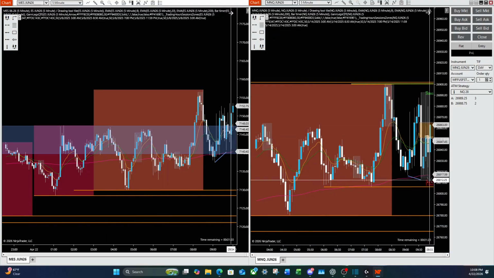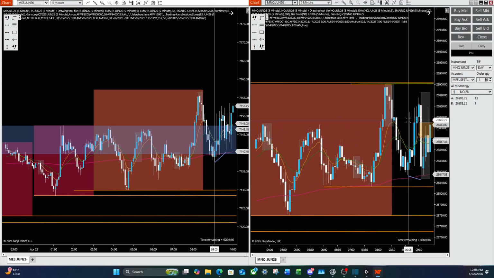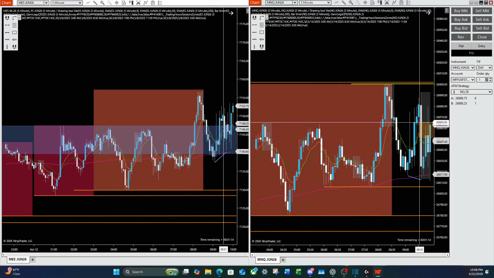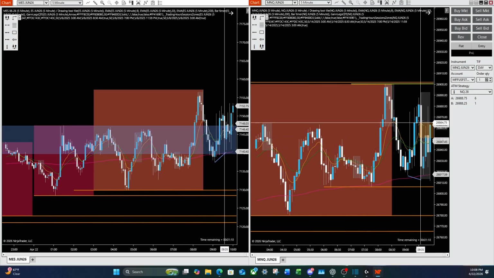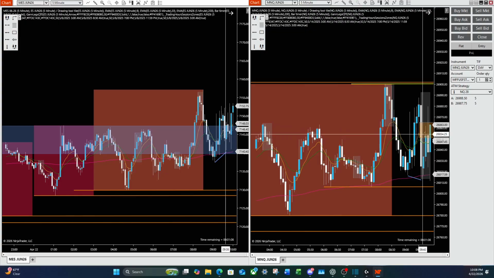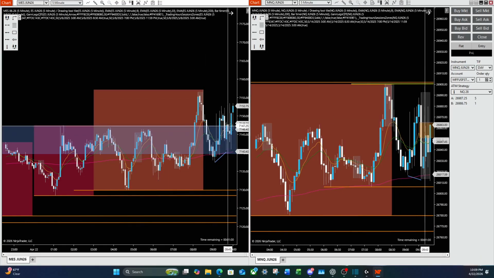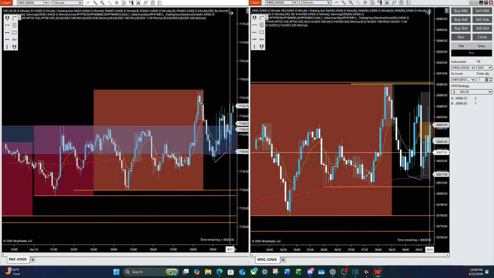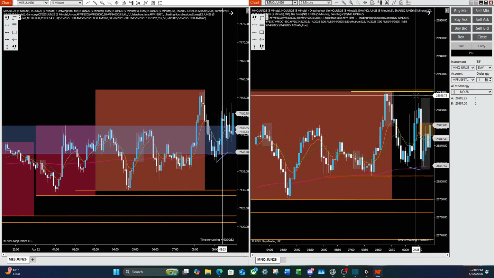to target these highs. I didn't like that with how choppy we were, and due to the fact that we have this fair value gap here and we rejected it so hard. I would have liked to see this orange fair value gap here get inversed. I wanted that extra confirmation before I took this long up. And if I missed it, I missed it. So what we have is ES chopping and Q chopping.